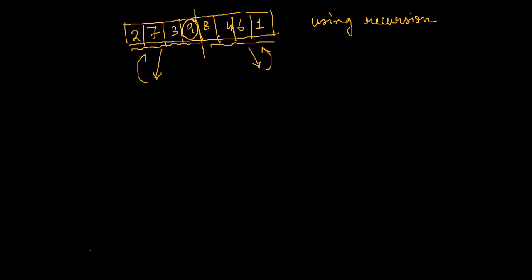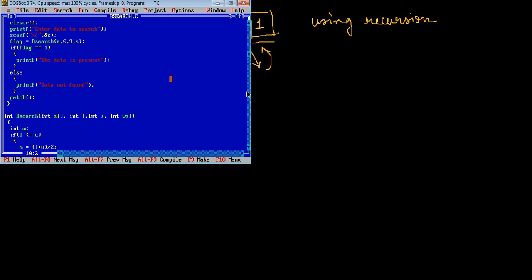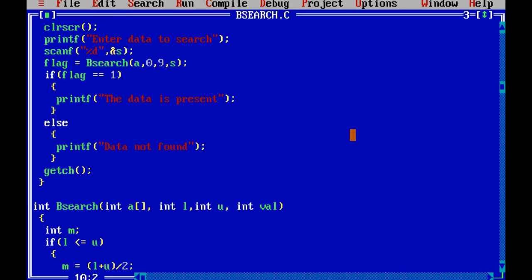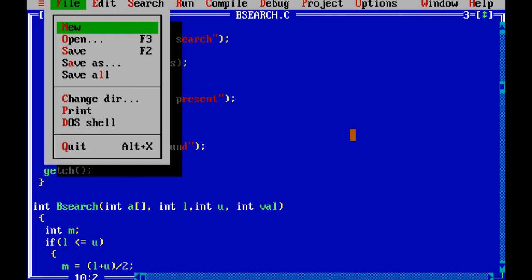Right. So if you try to code this one, can you help me to do this? For example, let me take one more file.